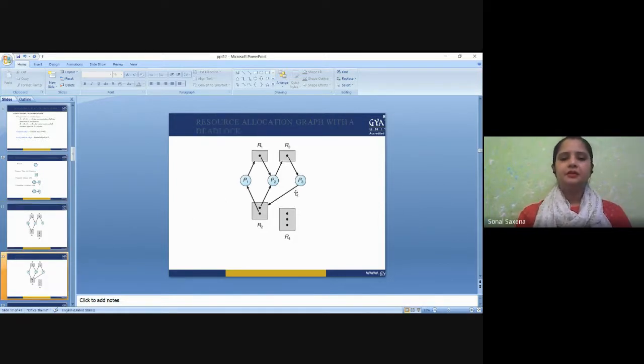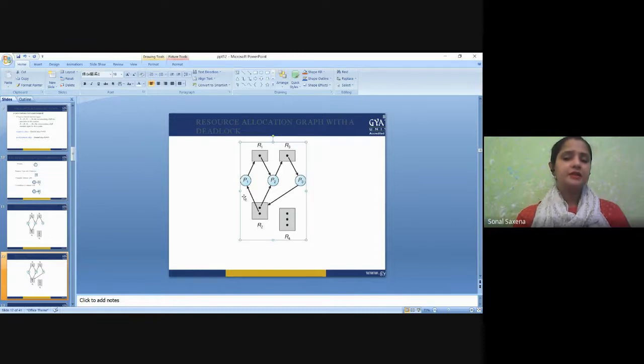Now here you can see this resource allocation graph is showing a deadlock condition. How? I'll tell you this. Assume that the R2 resource is already assigned to process P1, but it is requesting resource R1, which is already held by P2. At the same time P2 has already been assigned an R2 resource, and P2 is requesting R3, which is already assigned to P3, and P3 wants to grab one of the instances of R2. So this is making a circular condition.